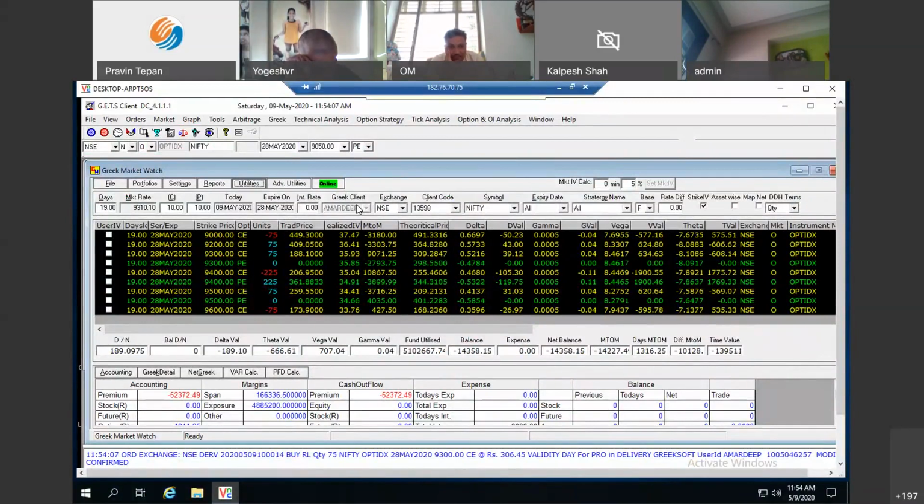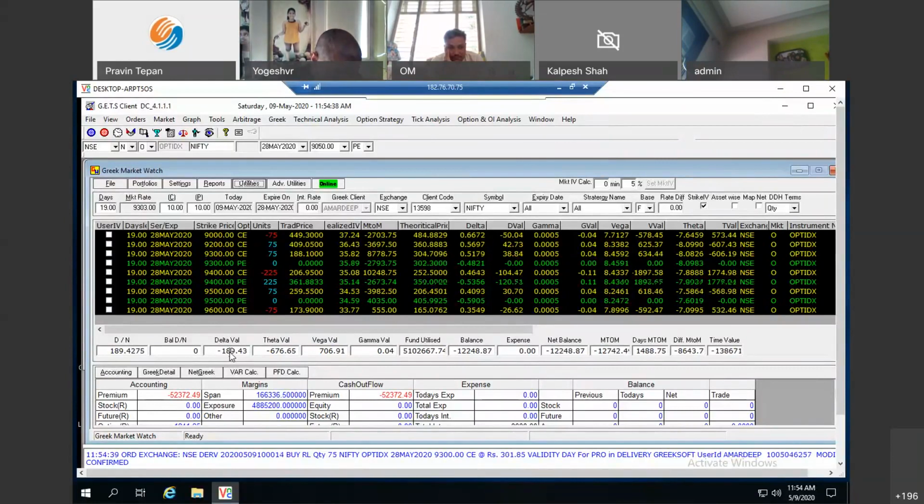Moving ahead, this particular screen has been closely looped with my dynamic delta hedging screen. So a couple of years back, all our traders normally used to come on this particular window and see what is my delta. So, okay, 189 is my delta. Let me hedge my delta manually. So they used to hedge their delta manually. So they used to buy future accordingly, say 2 lots or 3 lots as per their mandate.